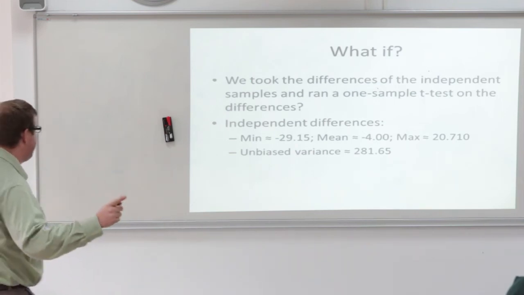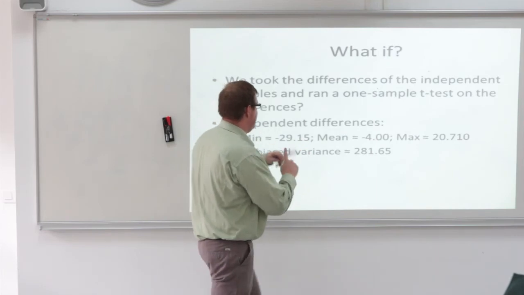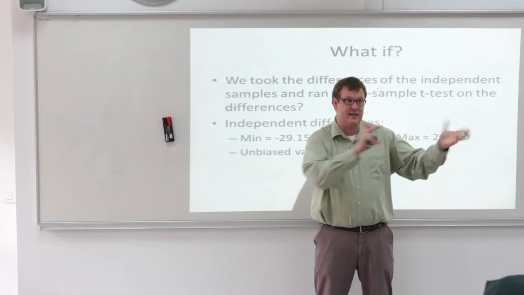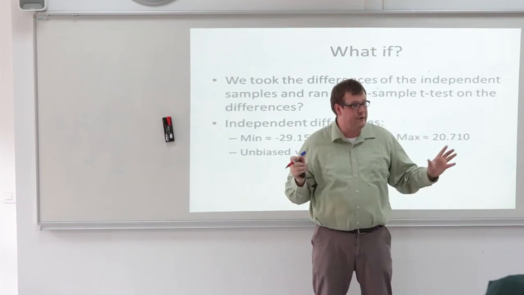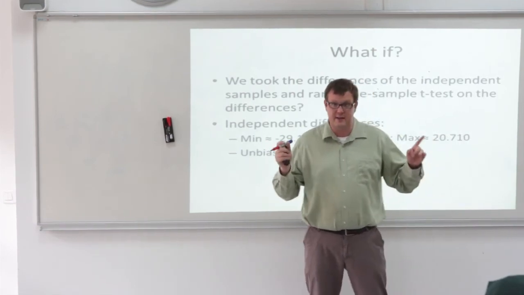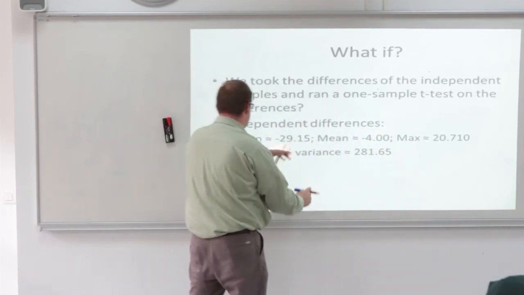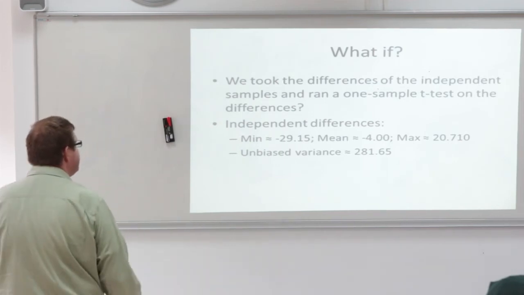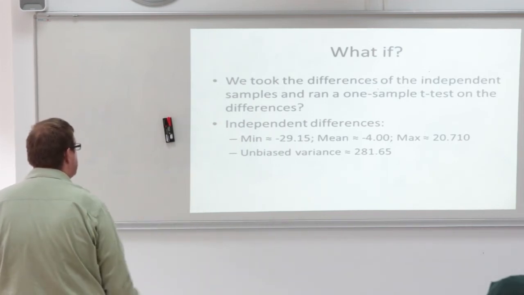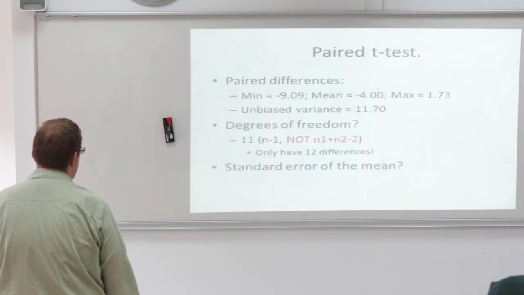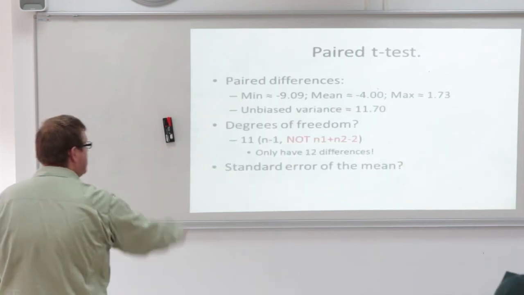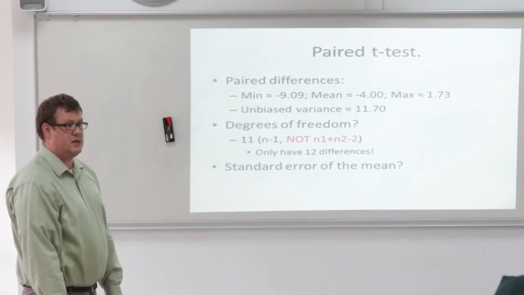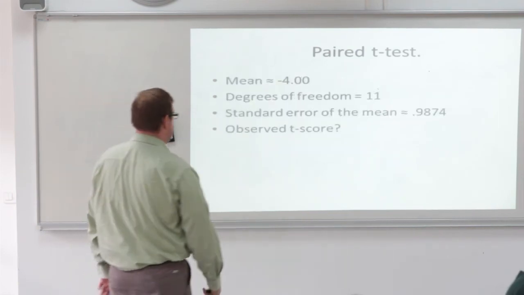Maximum, minimum, I'm sorry, that's not correct. The mean is exactly the same. I was thinking about the minimum and the maximum for just that second part, but this is the difference. The variance is bigger, so we would expect that the minimum and maximum should be potentially bigger than they were before. Let's go back and see if this is right. So we have -30 up to 20, versus -9 up to 2. So the minimum is much lower and the maximum is much higher,